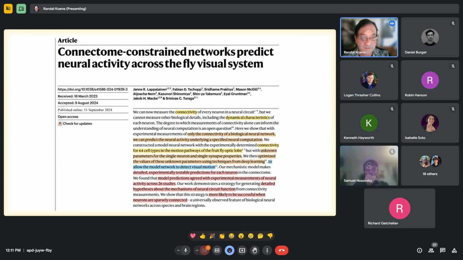The claim is that this is a useful method with which to generate testable hypotheses, particularly in neural systems with sparse connectivity. I'm not going to be talking about the 26 studies that were referenced here, because there's already a ton of material in this paper, and it's probably plenty to get a good gist of the power and limitations of the method.